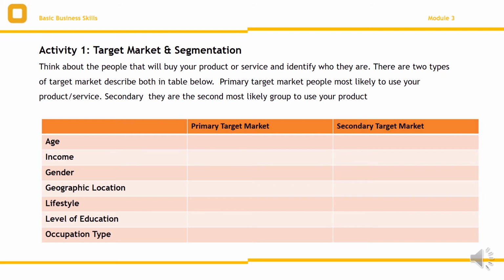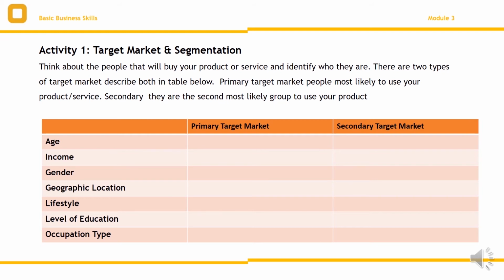We're going to firstly look at who is your primary target market. These are the people that are the most likely to buy your product or service. Then look at your secondary target market. This is the second most likely group of people to use or buy your product. In the table below, complete information that is going to define your primary target market as well as your secondary